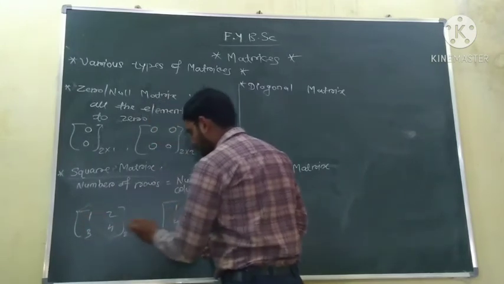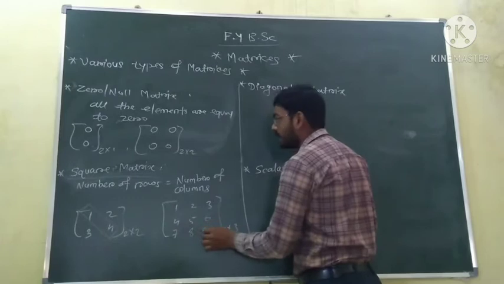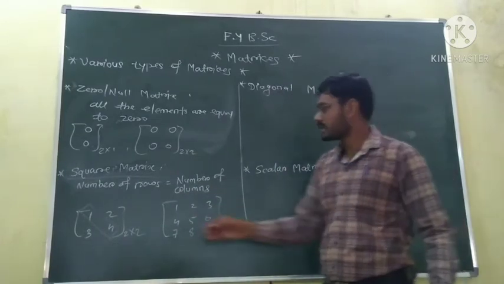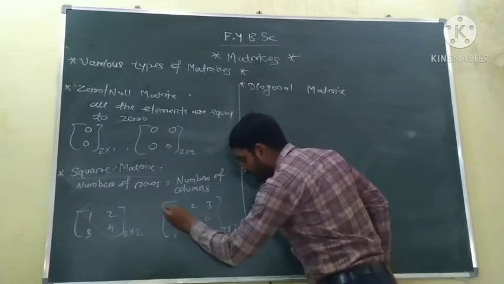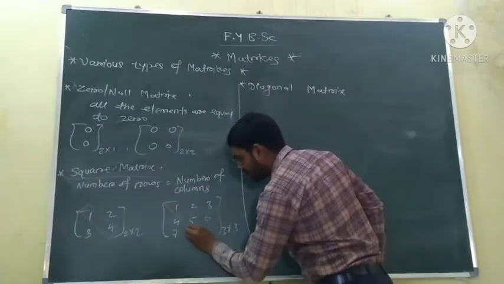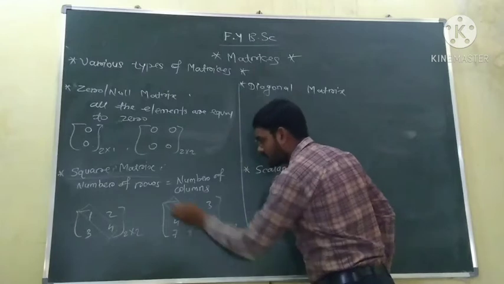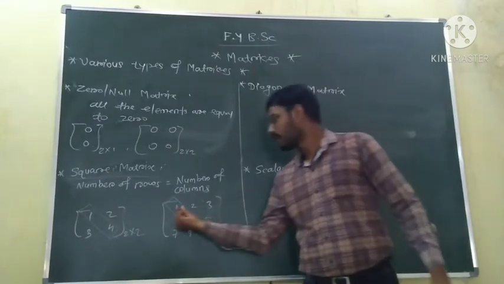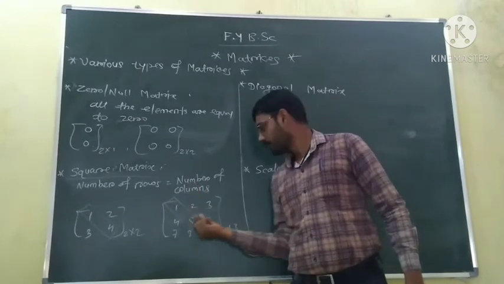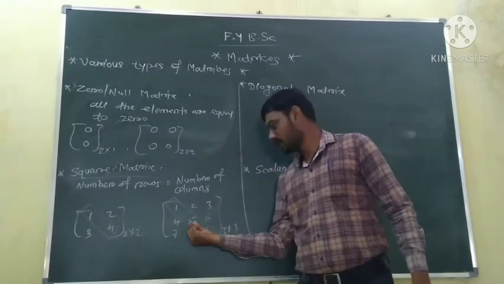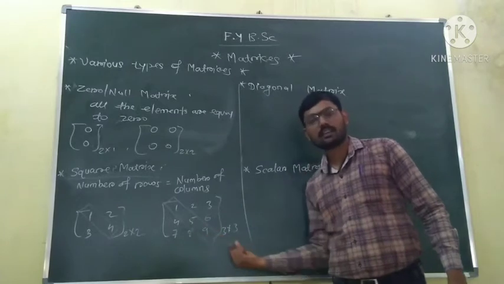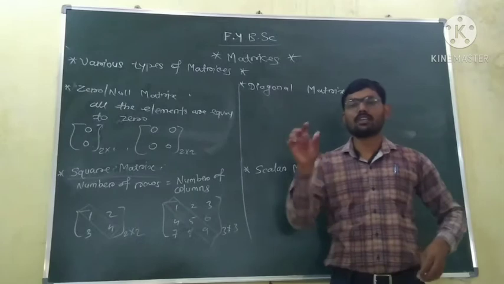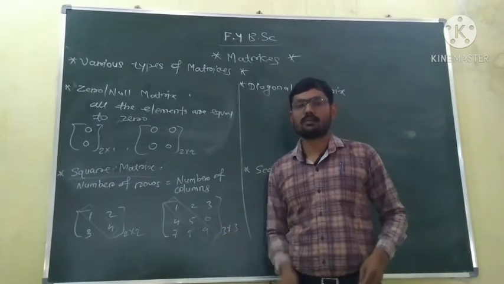In a square matrix, these elements A11, A22, A33, A44 are called diagonal elements, and this is called the diagonal of the square matrix. The elements like first row first column, A11, second row second column, A22, A33, such elements form the diagonal of a square matrix. And diagonal exists only in case of square matrices.